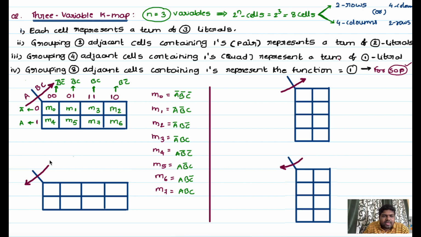So next I will take the second possibility. Here I will take A. So on the top side we have four possible combinations, so I will take two variables here, with the order A, B, and the next, third one is C. So now these are assigned with binary bits. Those are 0 0, 0 1, next 1 1. So always remember this sequence. Okay, 0 0, 0 1, 1 1, not 1 0. That you have to remember, right?